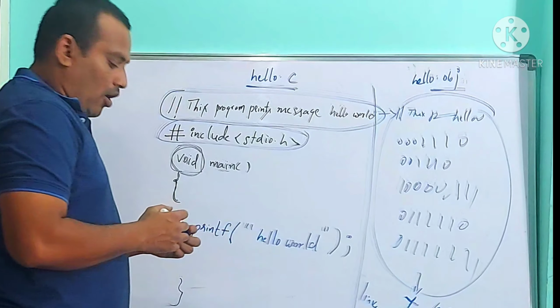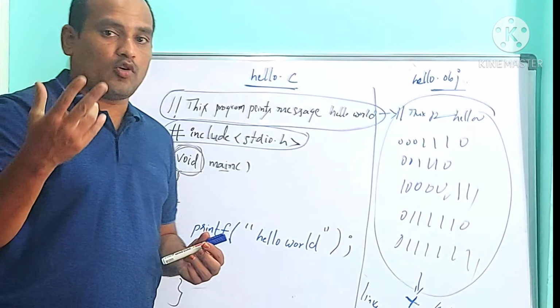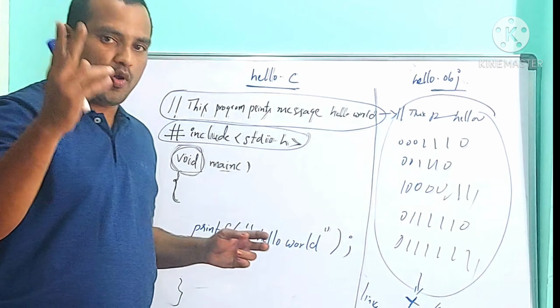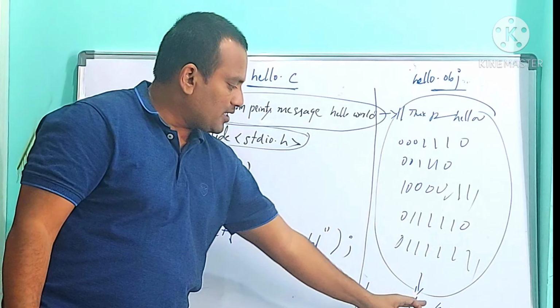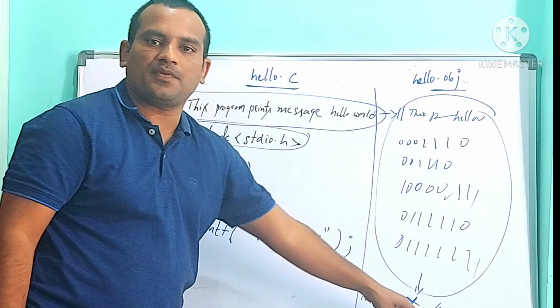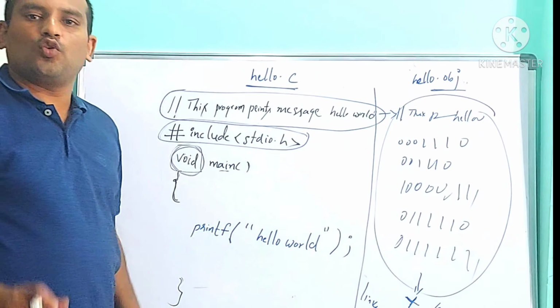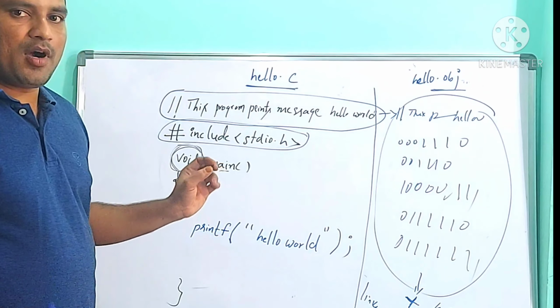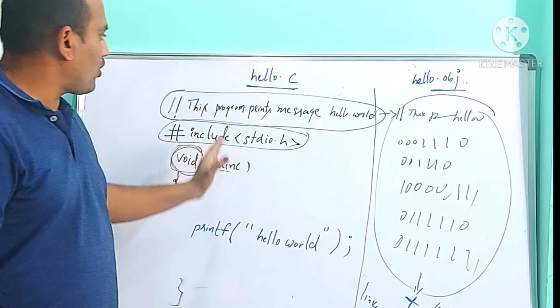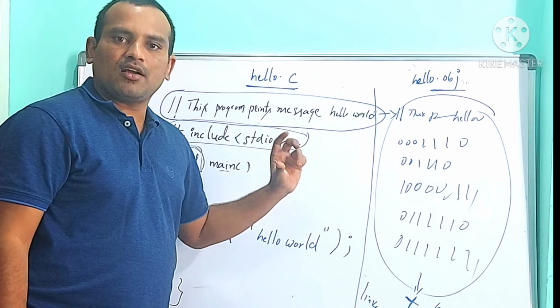After Alt F9, how many files are going to be produced? Two more files, with the same name and the extensions .obj and .exe. Exe stands for executable file, and we can execute only an executable file. So this must happen at the time of Alt F9 after writing the program. That is the reason why we are pressing Alt F9.